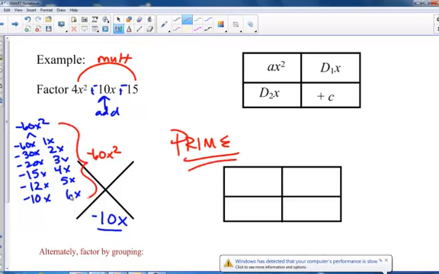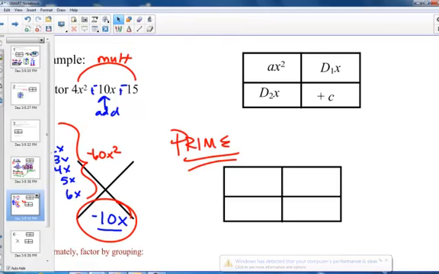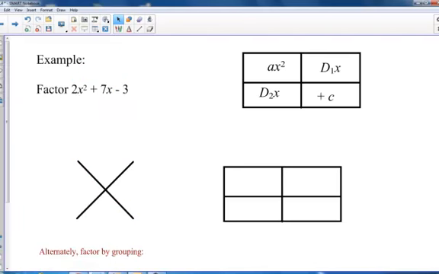None of these factors add to give us negative 10. So we cannot even factor that. It's done. So let's know if it's not doable. Okay, this one,